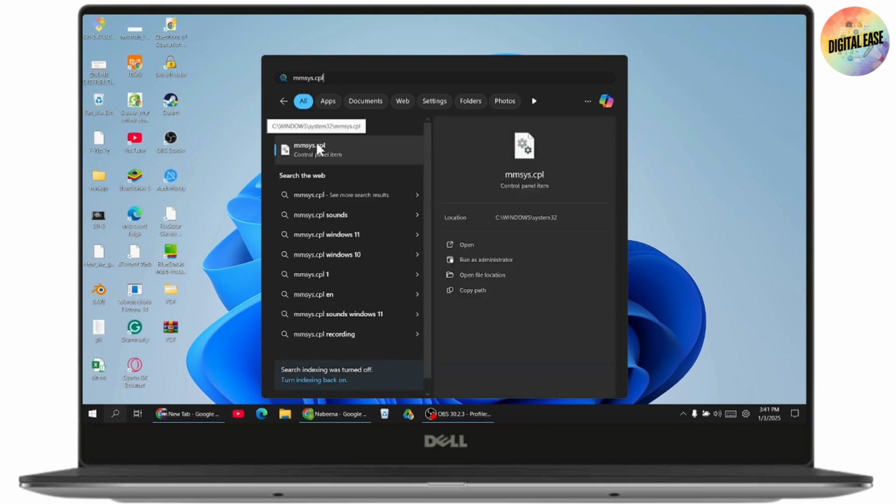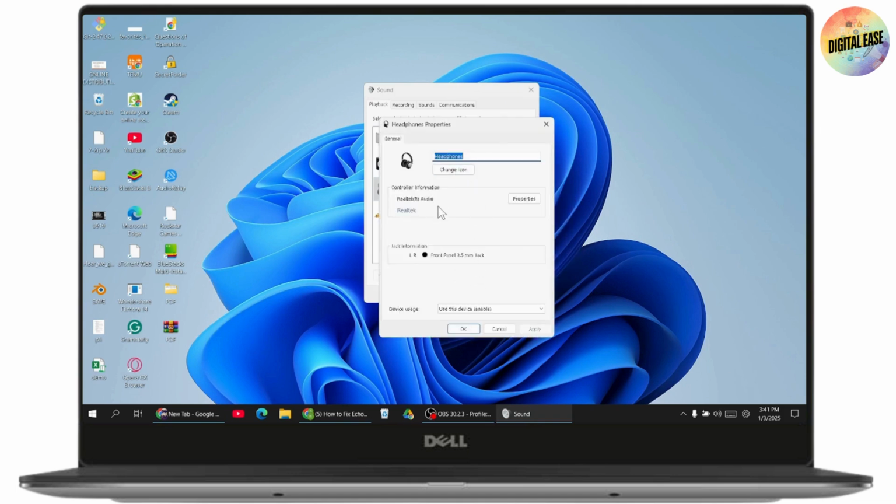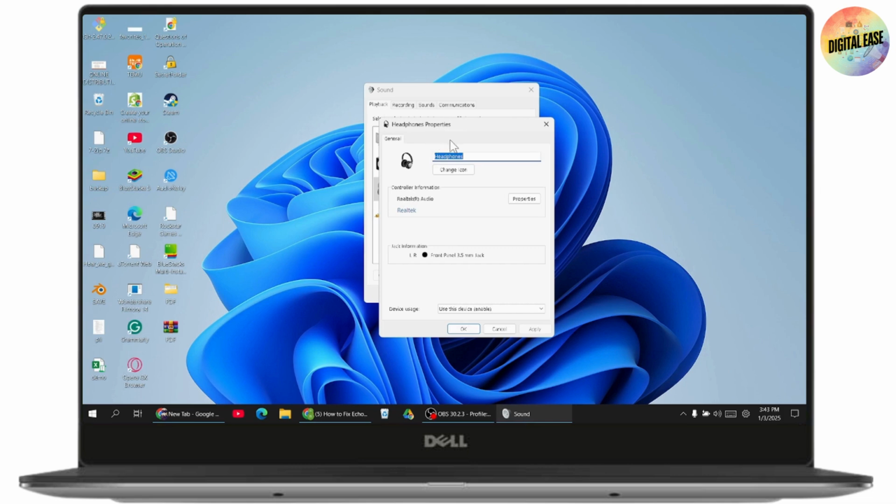mmsys.cpl. Hit enter. It will take you to this kind of interface. Now you just need to simply select your microphone or headphones. Right click on it and then go with properties. And here, if you've selected the microphone option, then you just need to simply go with the levels option. Under properties, you will have levels, and under levels, you need to go with listen to this device and then